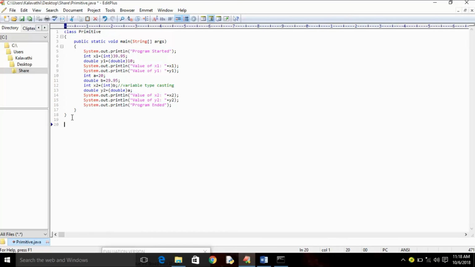Let me give some examples here. Int x1 equal to int 34.56. This is explicit narrowing.